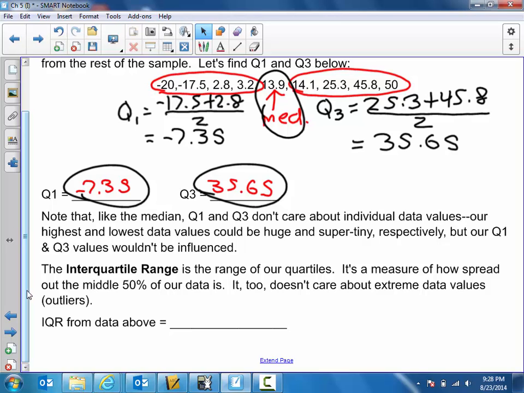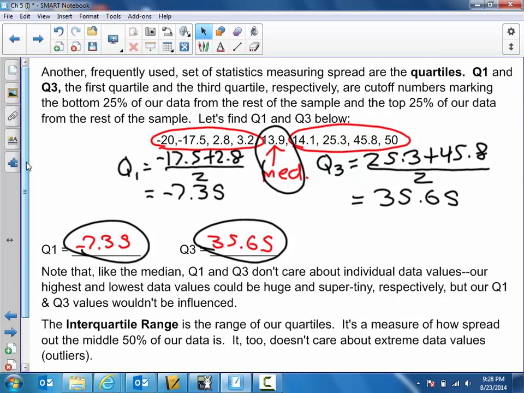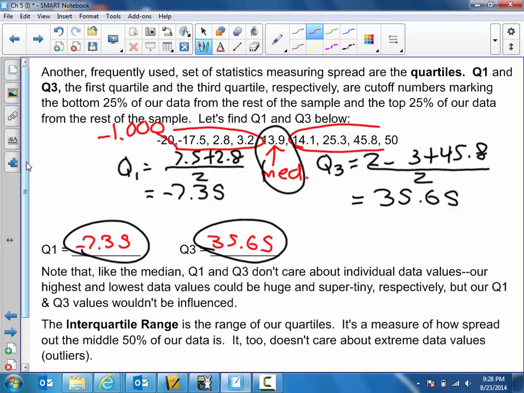Okay, note that the median, quartile 1 and quartile 3 don't care about individual data values. Our highest and lowest data values could be huge and super tiny respectively, but our quartile 1 and quartile 3 values wouldn't be influenced. That is to say, if instead of negative 20 as the lowest data value, we had negative 1,000, and similarly for the topmost data value we had, let's say, 5,000 instead of 50, the computation for quartile 1 and quartile 3 along with the median would be no different. We would say that statistically these